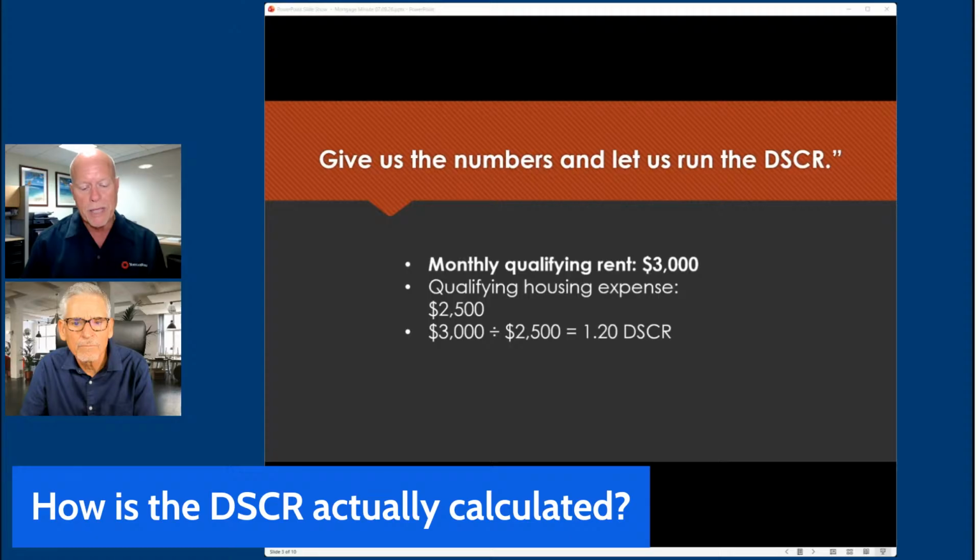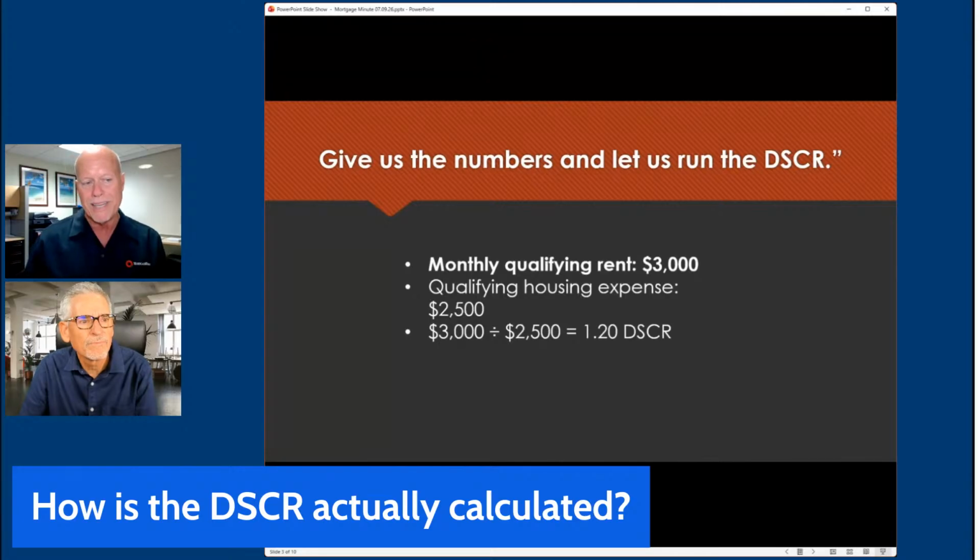So in plain English, what that means is the property is generating $1.20 in rental income for every dollar of qualifying housing expense. If we have a DSCR ratio, for example, that's at 1.0, that means basically that the qualifying rental income essentially equals the housing expense for the loan amount requested. That's a break even. And that is sort of the magic threshold you want to try to get to with the DSCR loan, is try to get at least 1.0 or better. However, I do want to point out